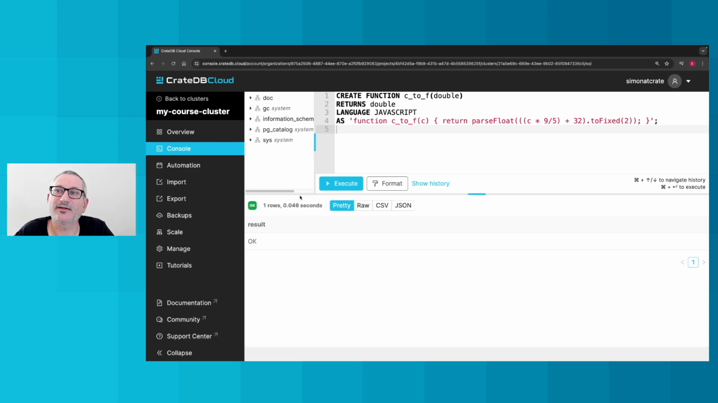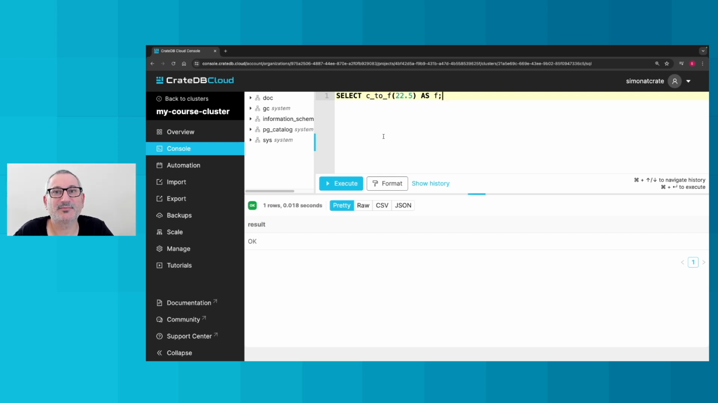Let's run the create statement, adding the function to CrateDB. Now we can test it with a simple select statement. We'll select C to F, the function name, pass in 22.5 as a Celsius value, and expect to get a Fahrenheit value back. As we see here, the Fahrenheit value